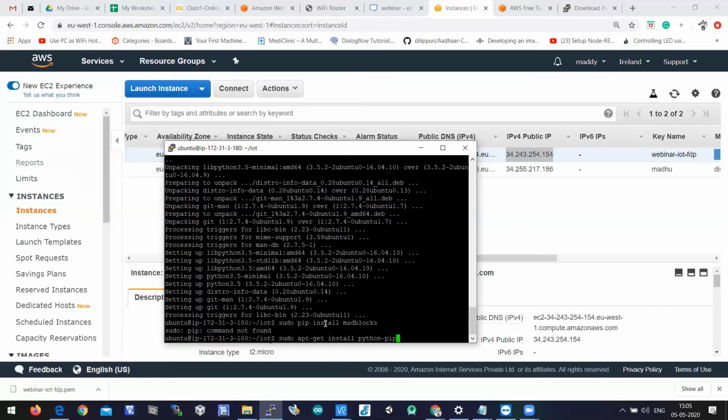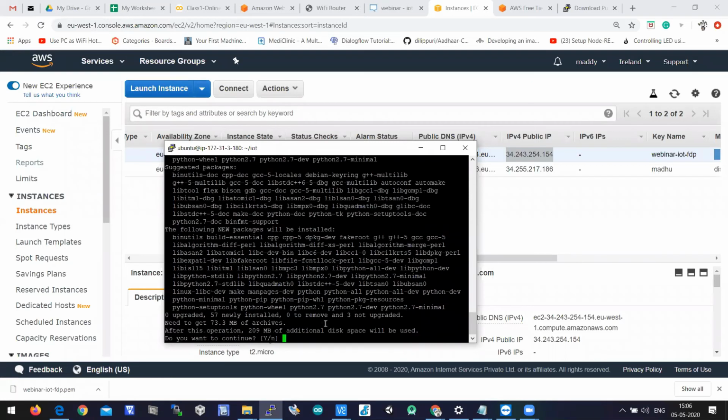To install the package: sudo space apt-get space install space python-pip, enter. It is asking, 209 MB of additional disk space will be used. Do you want to continue? You need to press Y to continue.